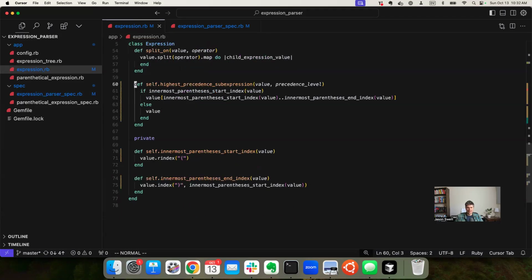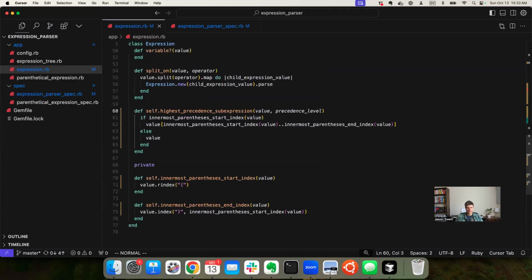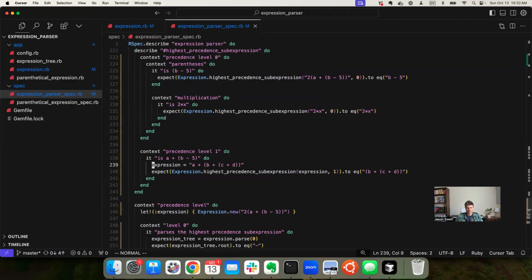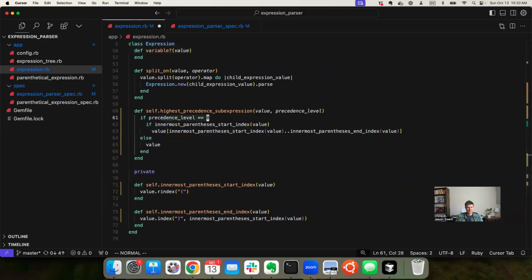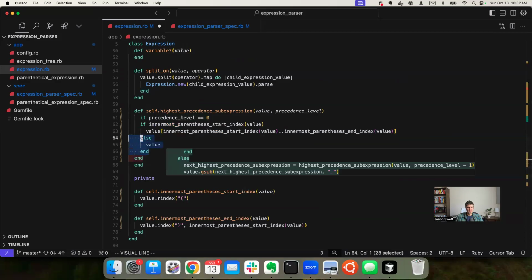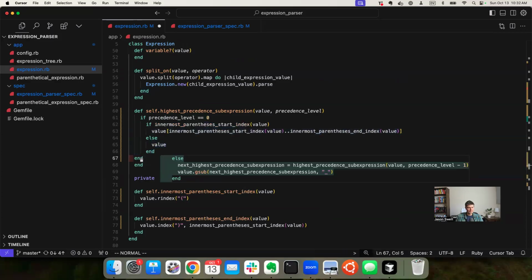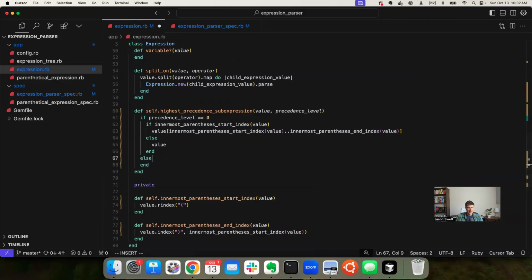Okay, how am I getting the innermost one? Oh, it's the rightmost parentheses index. Okay. Okay, so I can convert that to an underscore. Okay, so I'm going to do this again. If precedence level equals 0, then just do the regular stuff. Otherwise,